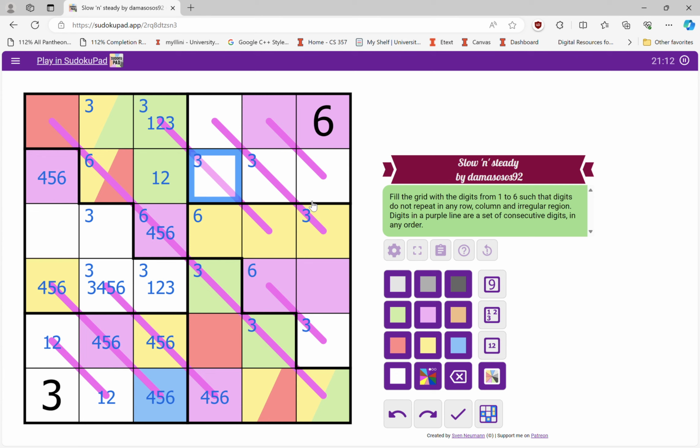Oh wait, I think that does actually break something, right? Because if this is yellow, then reds need to be yellow. But then every square is seen by these, so this one can't be a yellow actually, so it has to be one of these two. Oh, if it's this one, then we get that this one has to be yellow, which breaks down here. So this one's actually going to be the yellow one,